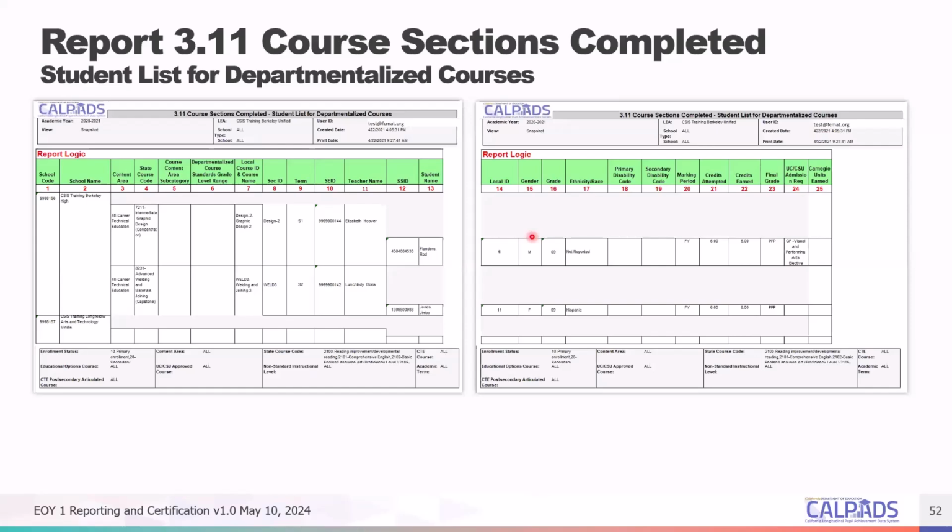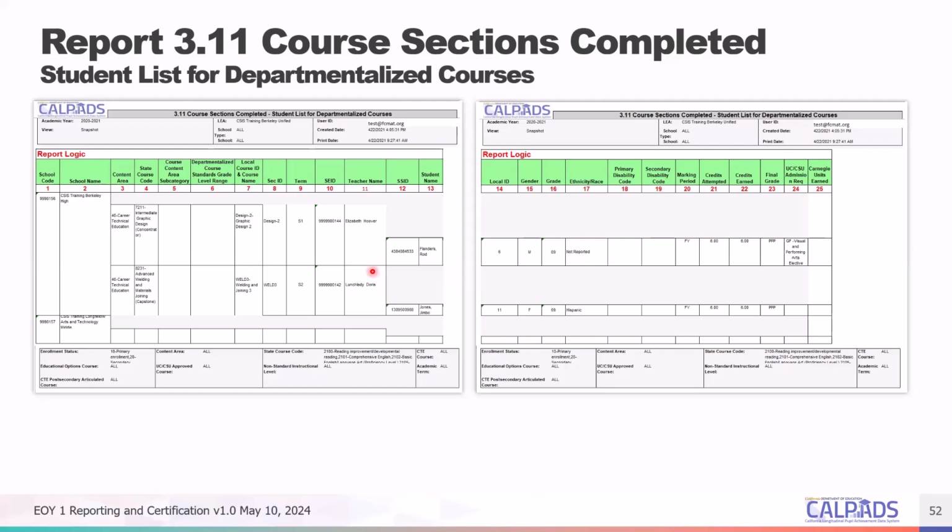And then report 3.11. This is essentially the student list. So aside from the attributes you have in the CRSE, it also looks at the other student-specific information that's in the SCSC file, as well as in the greater student profile information, the gender that you have in demographics.